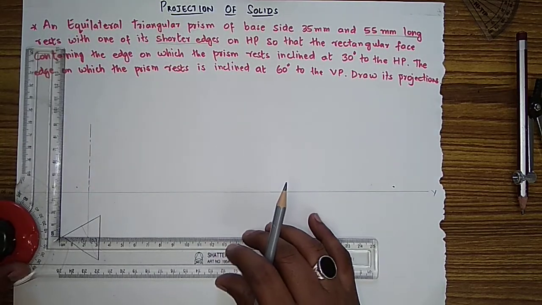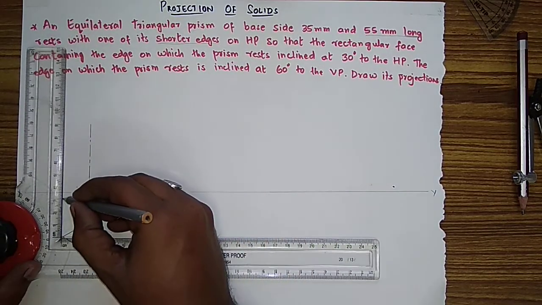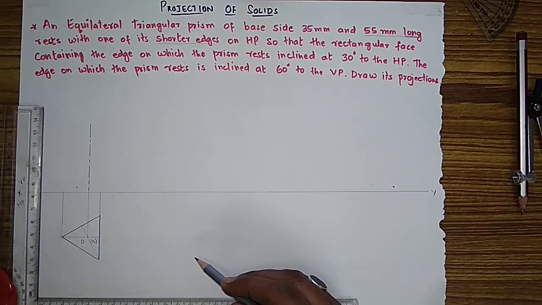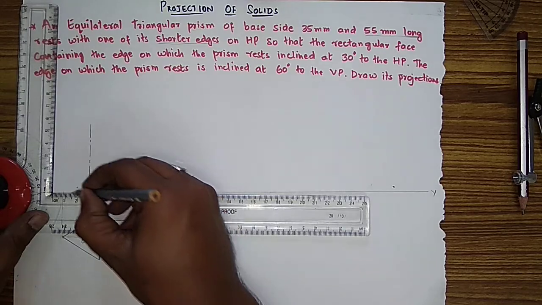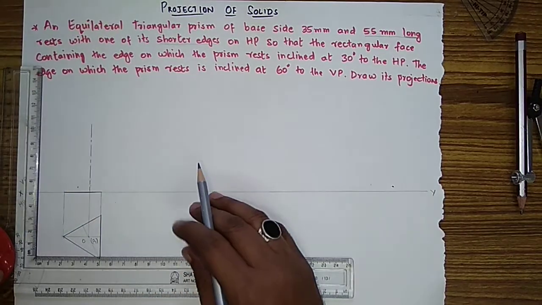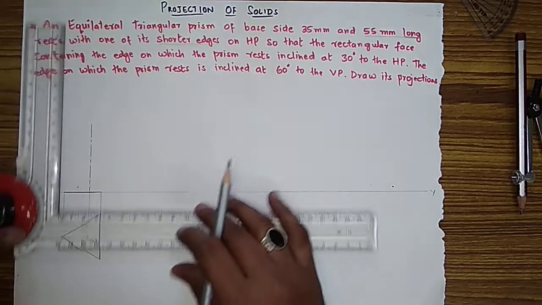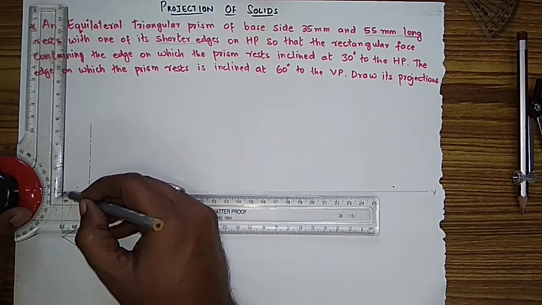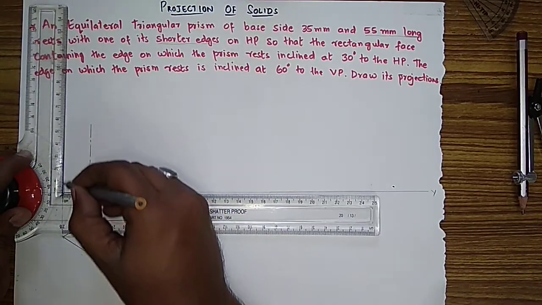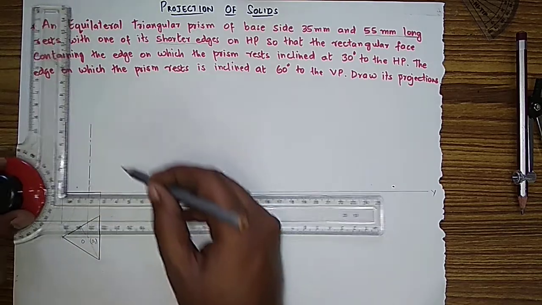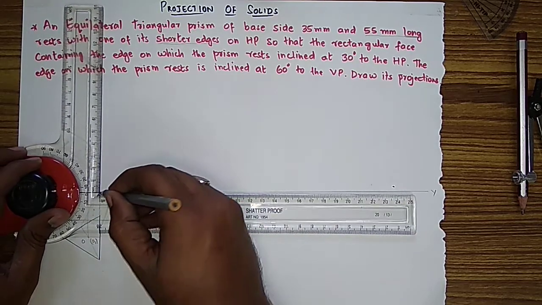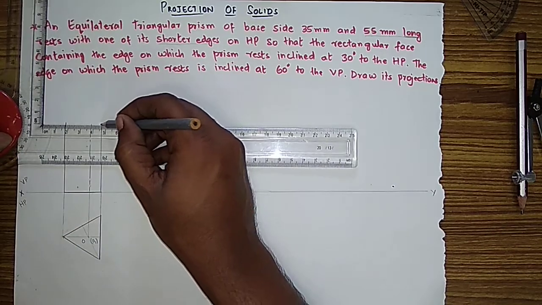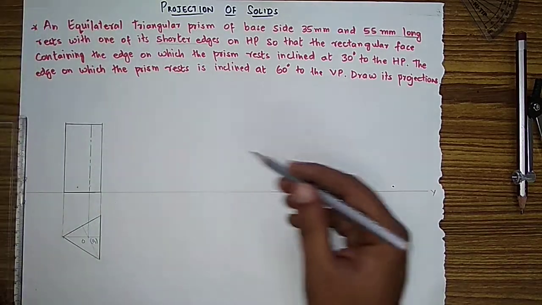Okay, next, from each corner I have to project the projection lines like this. Draw this line. This is called the base of the prism. Then how much is the prism height said in the question? How much is the total height? 55, no? So draw 55 mm from here and from here also. Complete the figure. This is called the prism.